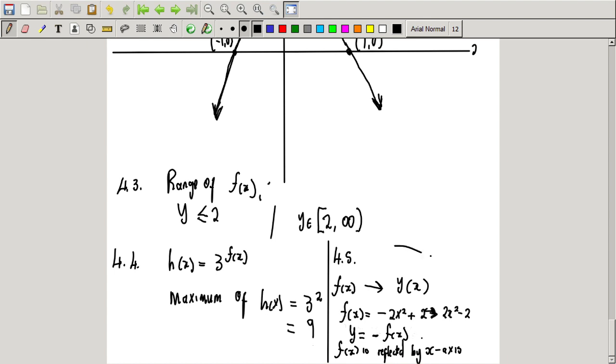So it's reflected by this axis. The graph of f of x and the graph of y of x is going to be like this. This is f of x, this is y. So that's how it is reflected. Thank you guys. If I had space, maybe I was going to explain this further. Thank you guys for